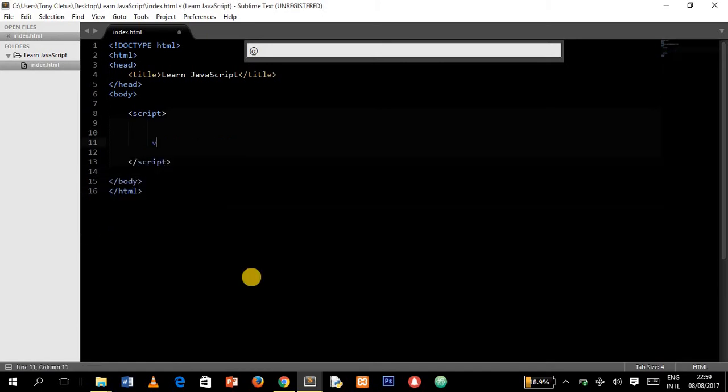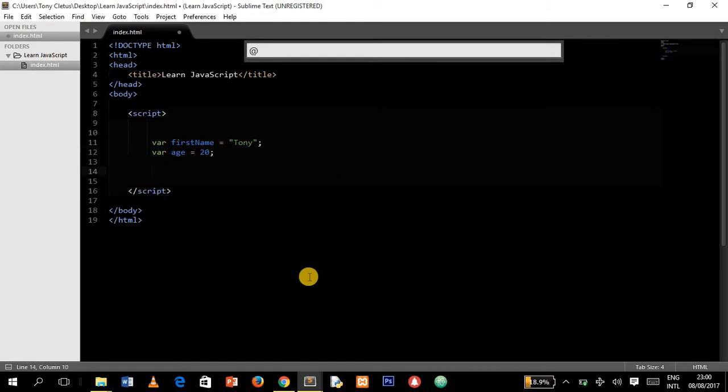You understand? Okay, something like, I have a variable first name is equal to Tony and variable age is equal to 20. So in order to use it now, I can say document.write. First name is here, and I will concatenate this first name with a string " is ", and there's a space here, remember, plus age, and the age is 20, and concatenate age with this " years old",